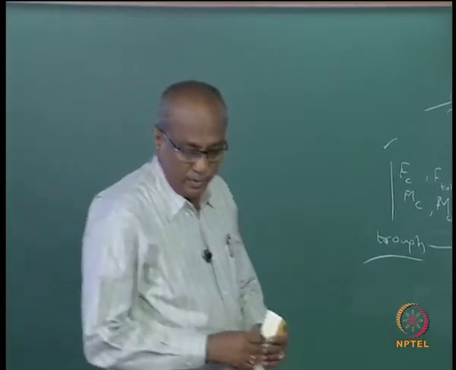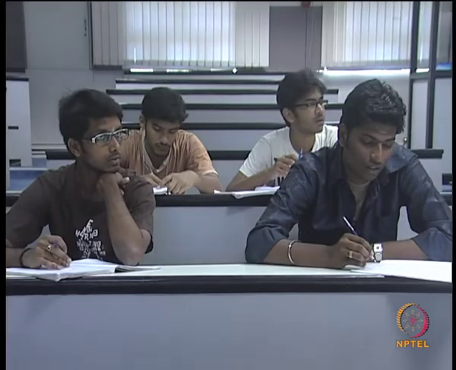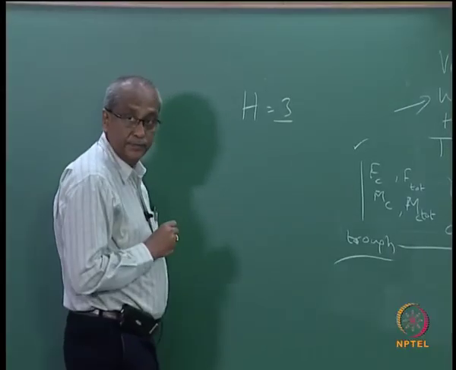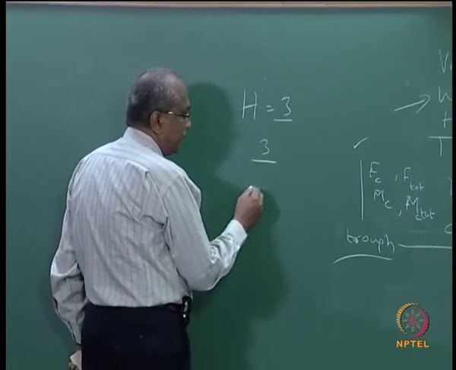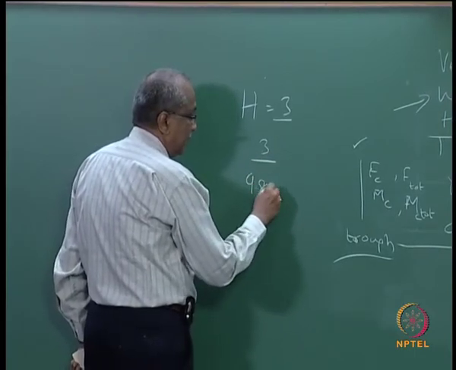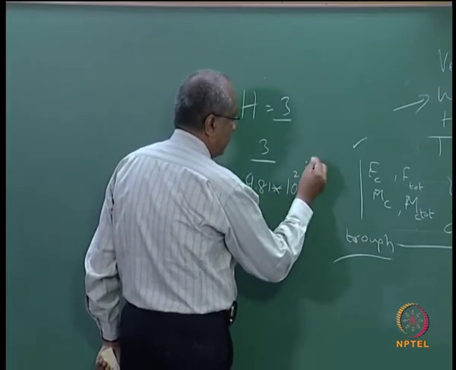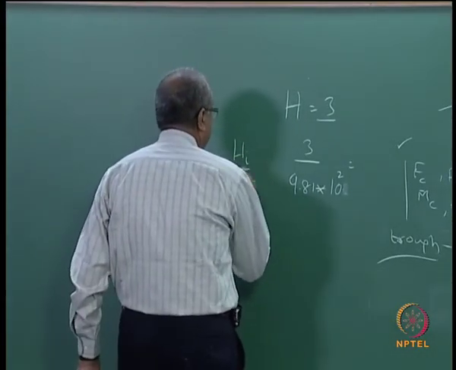No, you look at this value. So, you look at this problem, you have to calculate your Hi by Gt square. So, Hi by Gt square, suppose assume that H is equal to 3 meters. Hi by Gt square is how much? 3 Hi, and you are considering 100, that is 10 square. How much is this? How much?